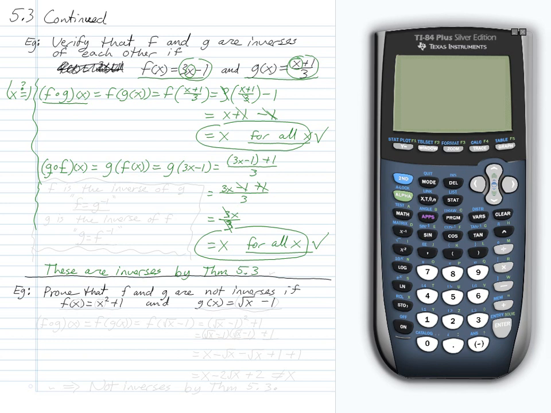Okay, so that's a taste for the process that we need to use in this section, checking our work. Let's take a look at another. Actually, before I move on, I do want to talk very quickly about notation. So as soon as we figure out that these two functions are inverses, if we were to write it out,